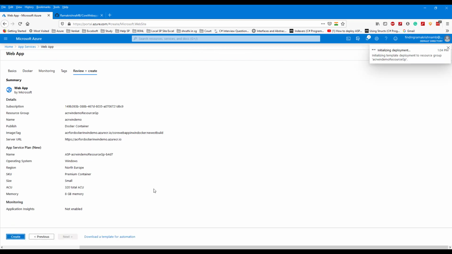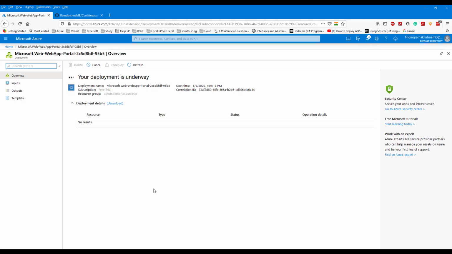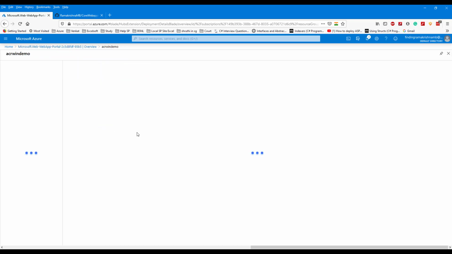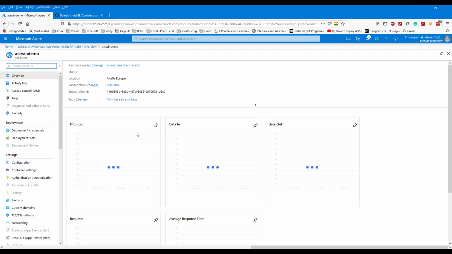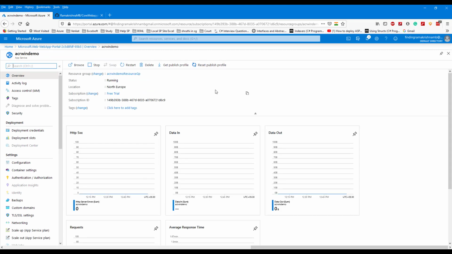Click on create. Go to the new resource. So we got our app service URL. Just browse this URL.